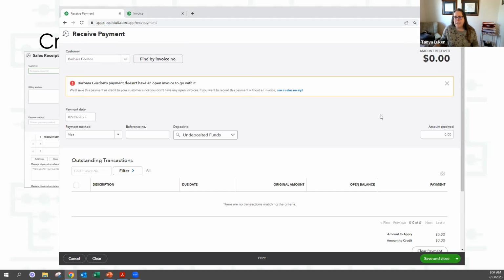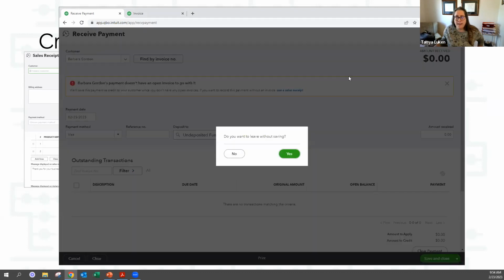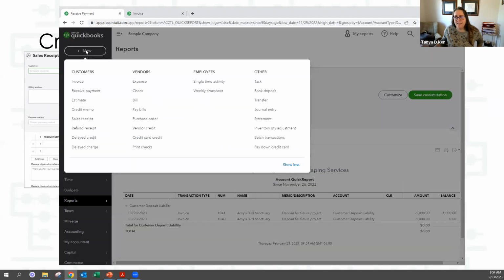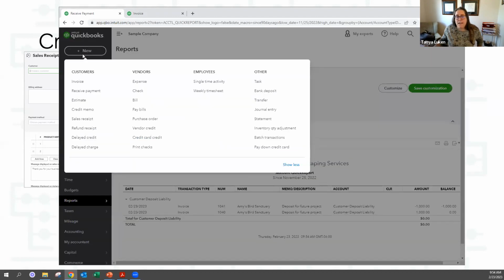All right, more questions on sales receipts and invoices and bank deposits. Okay. So you create an invoice if you're going to collect the money in the future. If you're telling someone, hey, you owe me money, you receive a payment for it.